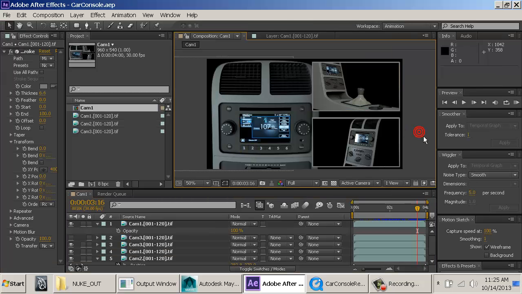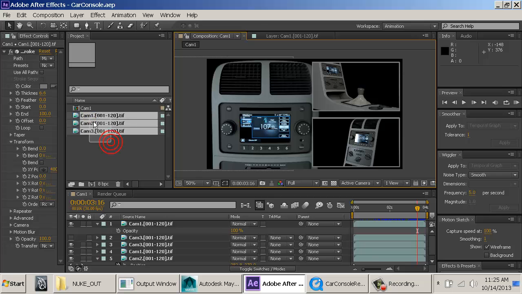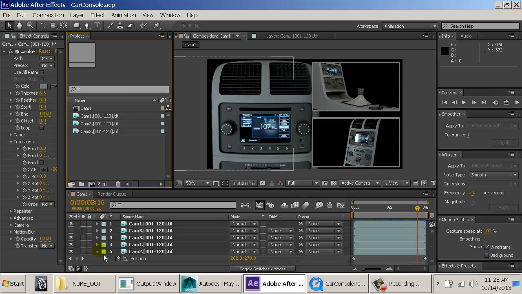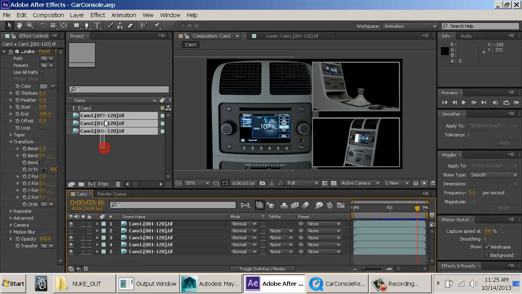So here's what I did inside After Effects with the 3 renders. You only need to do one, but just so you can see some of the stuff that you can do. After Effects is critically important to doing some of the stuff inside of Maya, because once we get it out, we need to be able to still play with it and manipulate it and do stuff with it. So I've basically taken all 3 of these cameras that we have. I dropped it onto